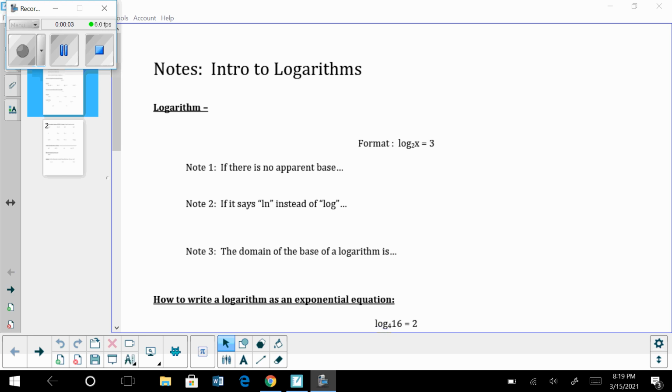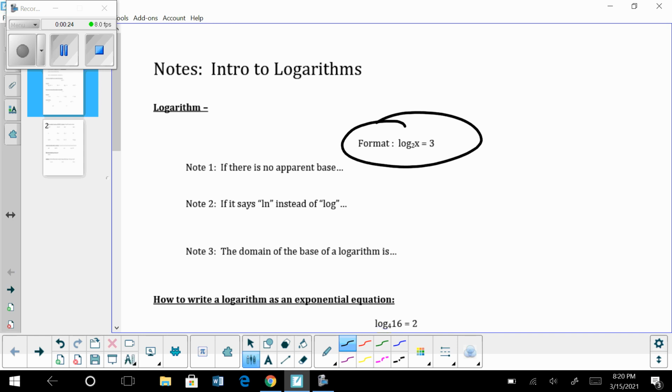Okay, here's some information that will hopefully help you with the basics of logarithms assignment, or intro to logarithms. So just a little bit about what a logarithm is. This is telling how to write a logarithm. This is the way it's written,